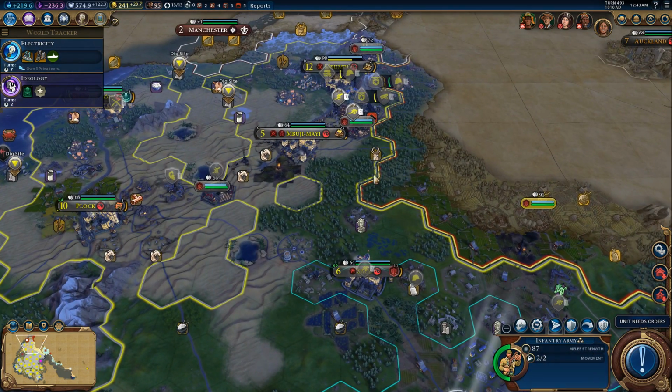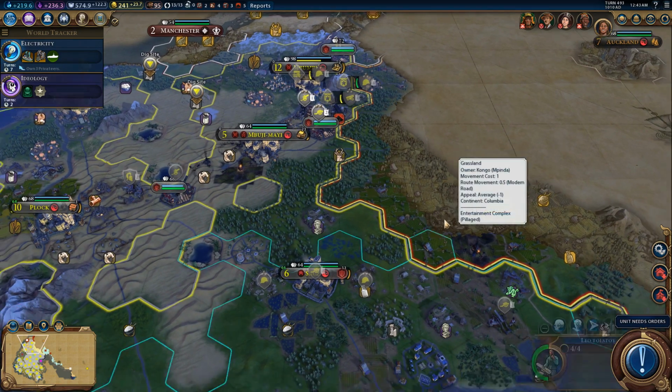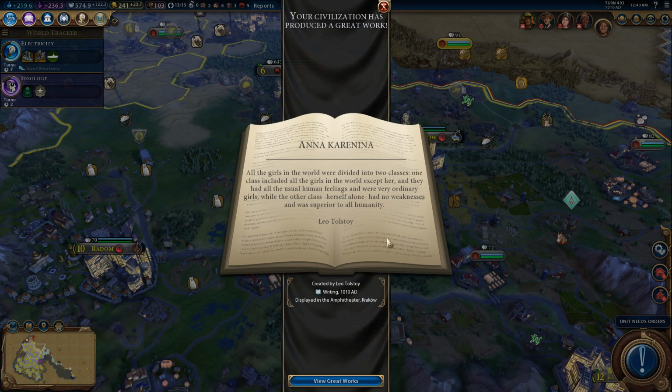All right, now this infantry army, I want to have you guys come up here and join the fight. And Tolstoy needs to create...